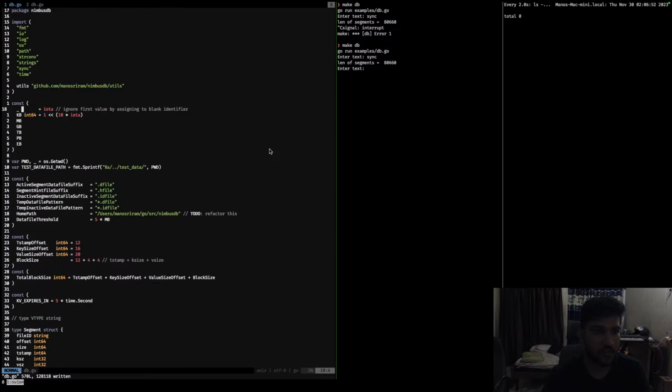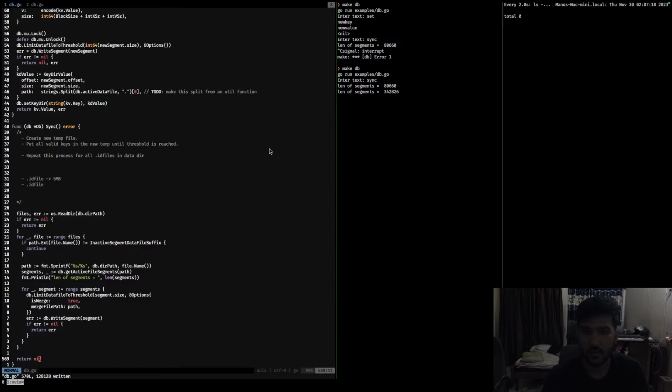So let's try this. Because now the KV expires in, let's say, 10 seconds, and if we do set new key and set that to new value and we do sync, it should return. Okay, this goes into the active data file, right? Okay, this is for the second file. Okay, so what we want to do is